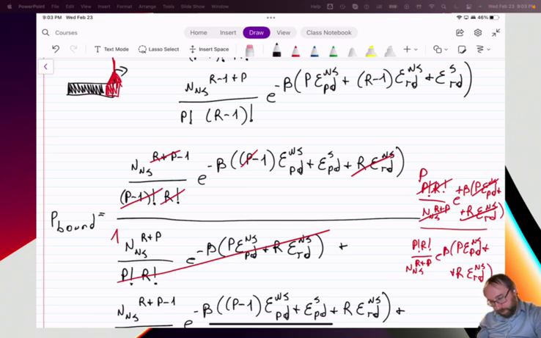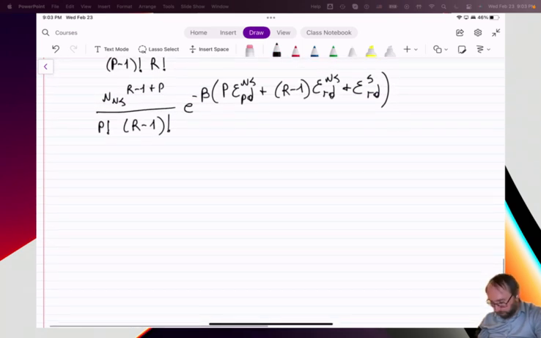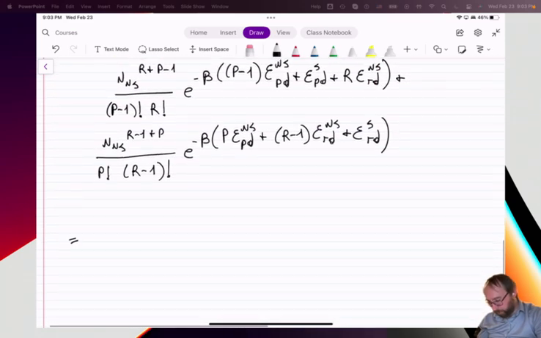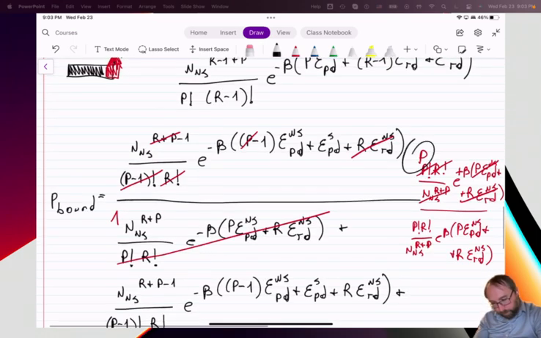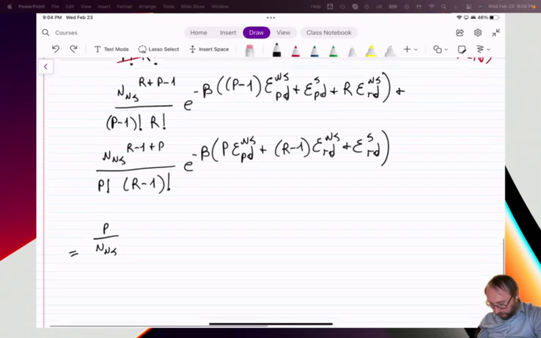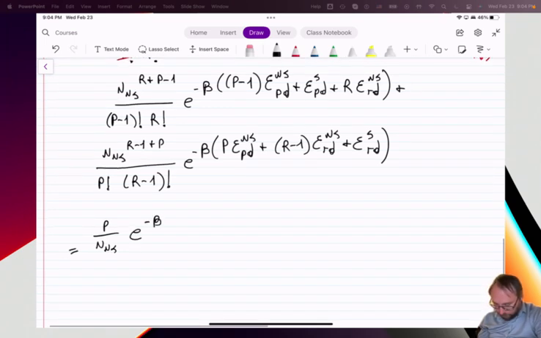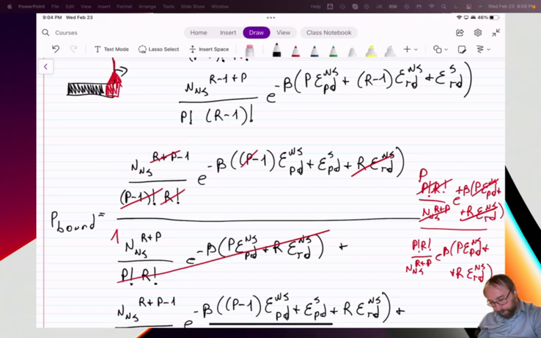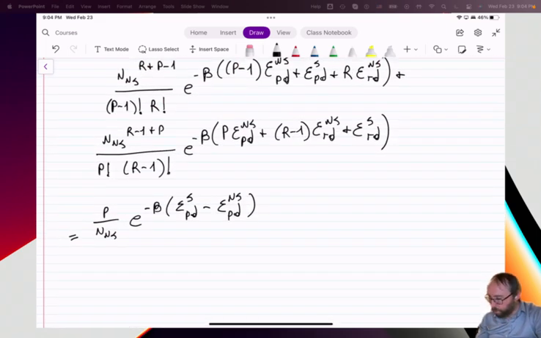Okay, so the numerator of this thing is going to look like, let's see, the NNS that I have there goes to the denominator. I had a p that came from here, okay, and then I have an e to the minus beta, epsilon specific PD minus epsilon non-specific PD, and that's it. That's everything I have left. Okay, below